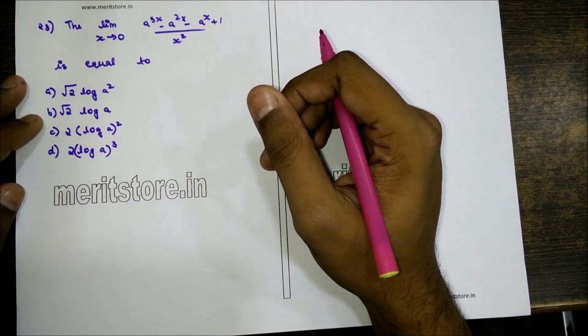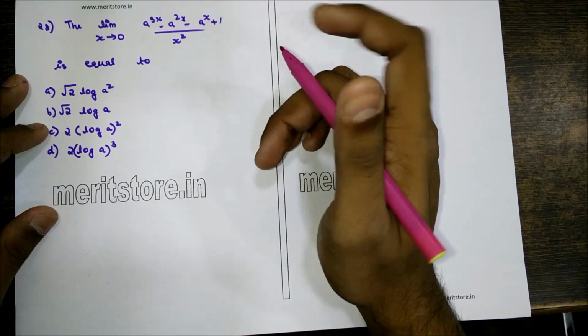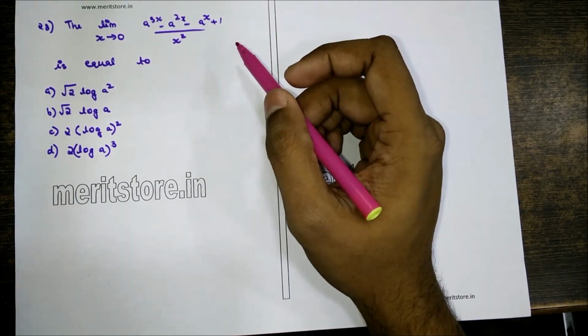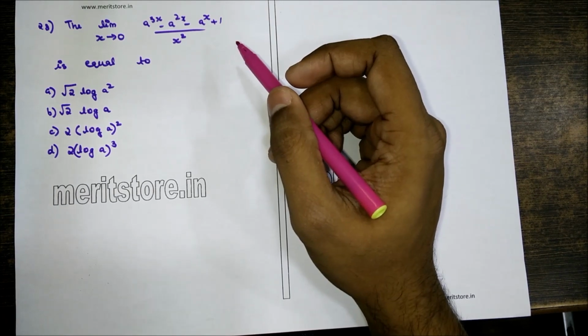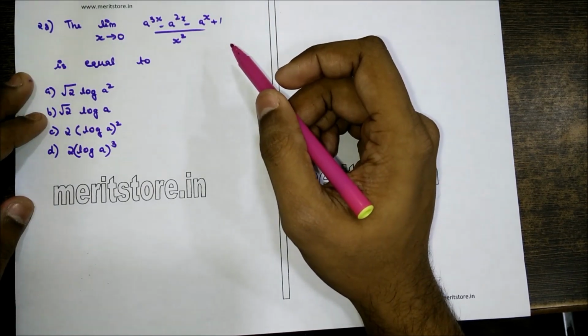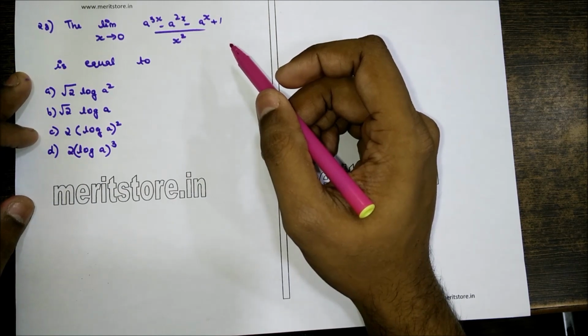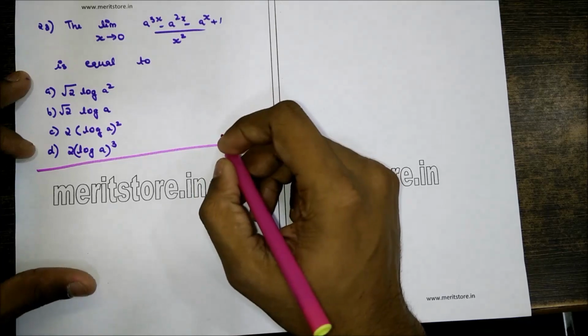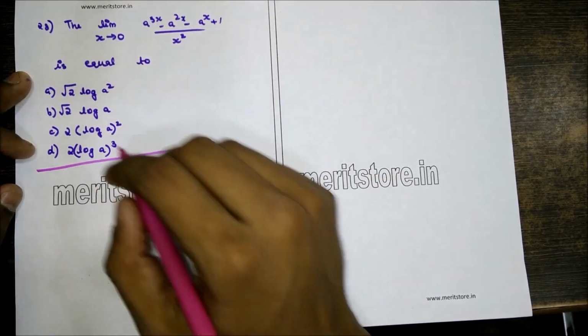The limit of x tends to 0, (a raised to 3x minus a raised to 2x minus a raised to x plus 1) upon x square is equal to: a) root 2 log 2a square, b) root 2 log a, c) (2 log a) the whole square, d) 2 log a cube. So we can write this as